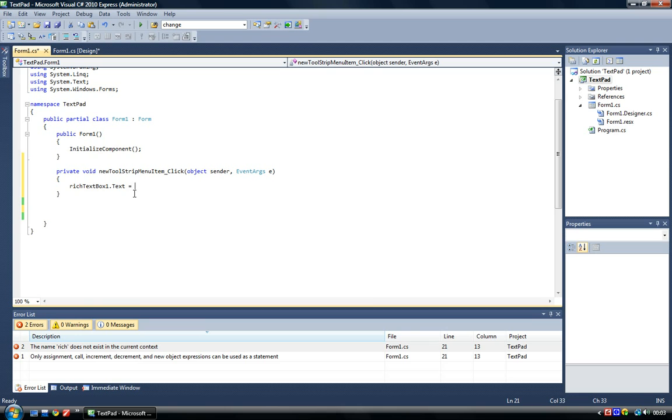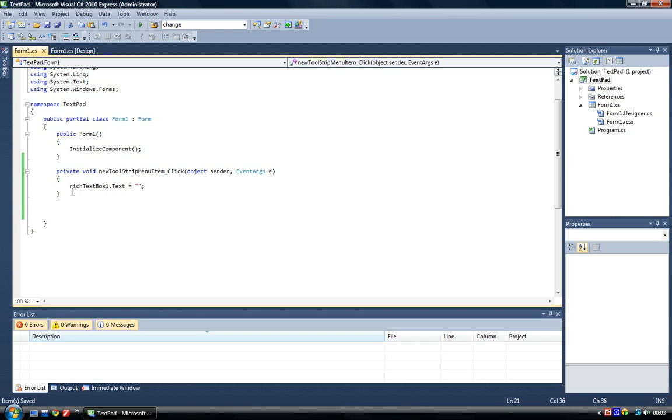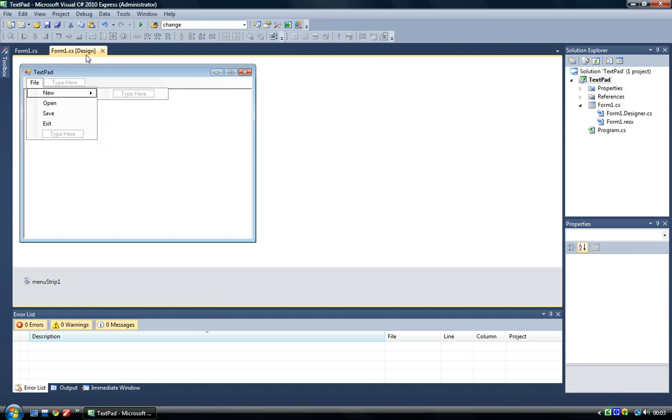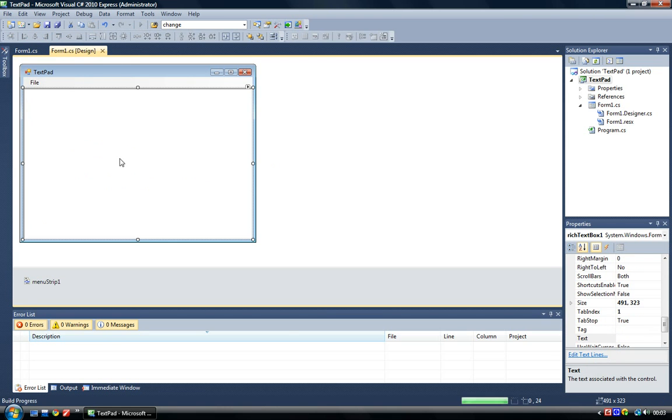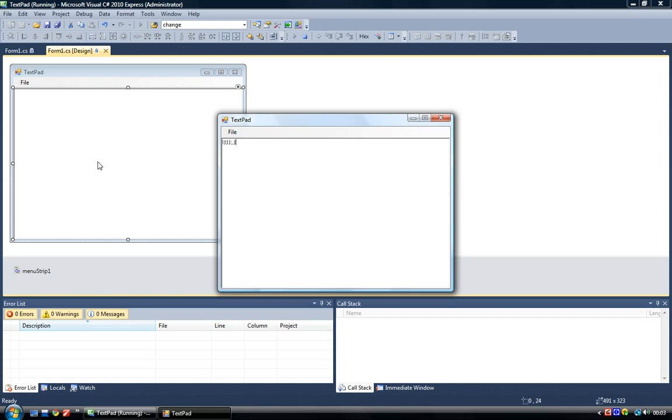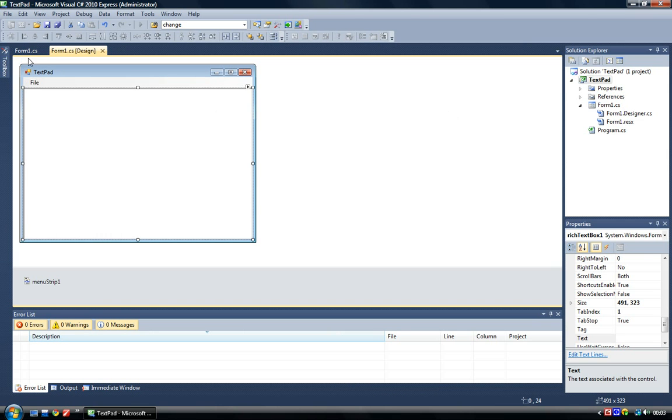I'll have to explain this in a second. Okay, so if you don't already know, or can even guess, rich text box 1 dot text, that is going to set the text of the rich text editor, and we're just going to set it to nothing, to empty. So whenever someone clicks new, it will remove it. I'm just typing random stuff, and then new, and it removes it. Fantastic. Okay, so then on to open,